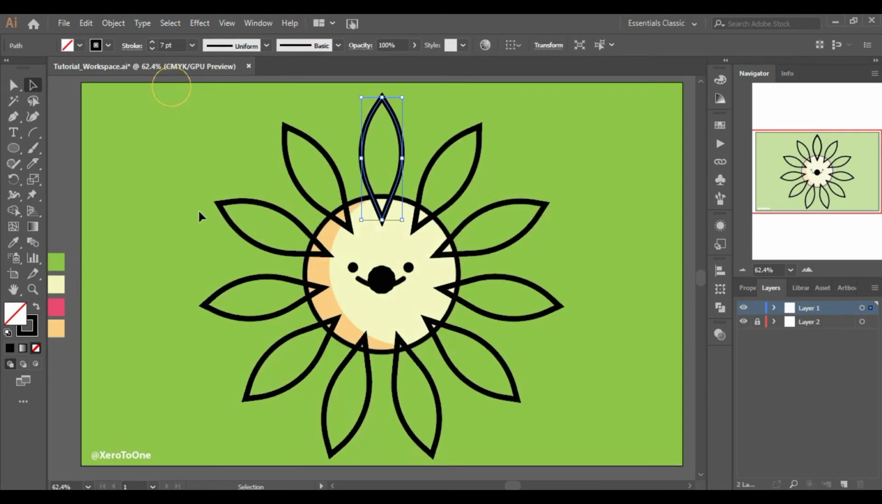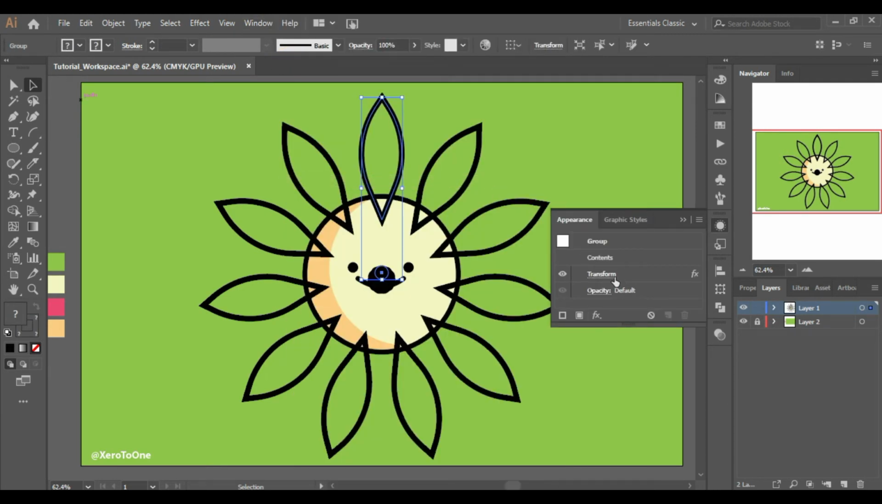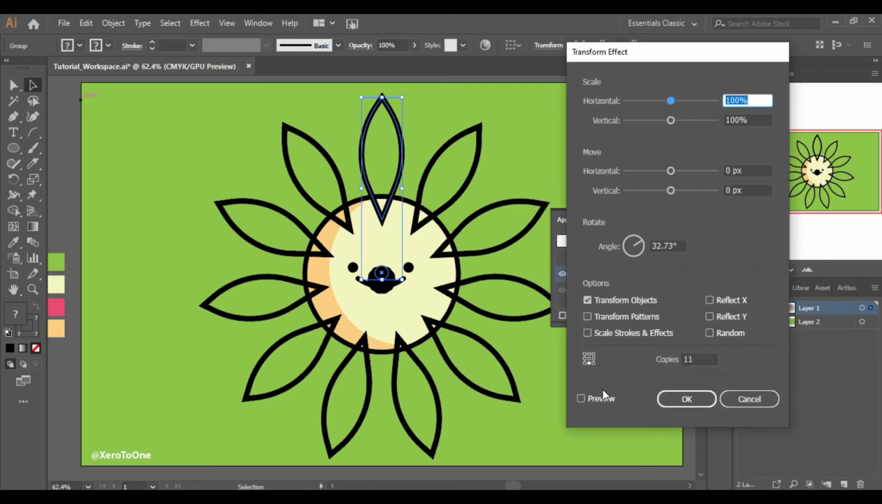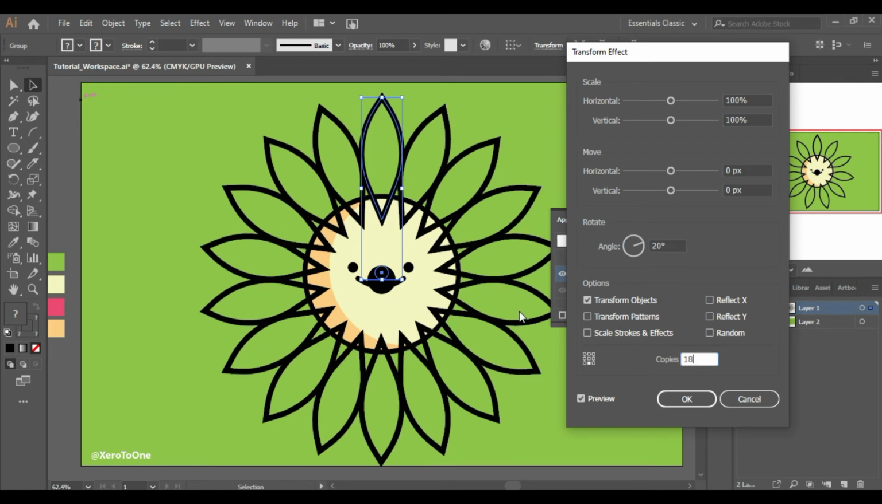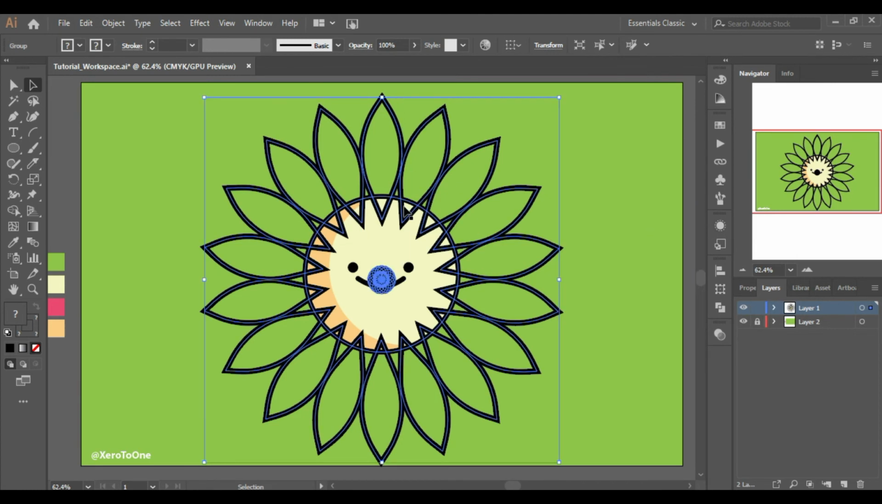What if I want some changes again? So I'm gonna simply click on them, Window, Appearance, click on this Transform. And here we go. Now you can again change the copies and adjust the angle according to them. So I'm gonna click on 18 copies and 360 by 18. Here we go. Now if you want to get rid of these circles, then simply click on Arrange and Send to Back,